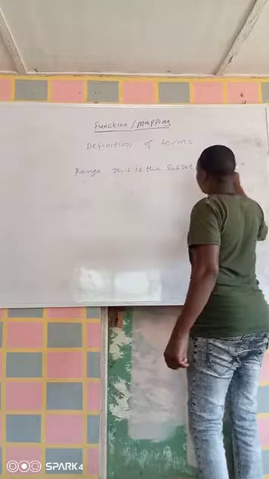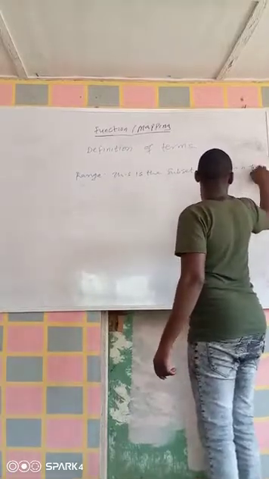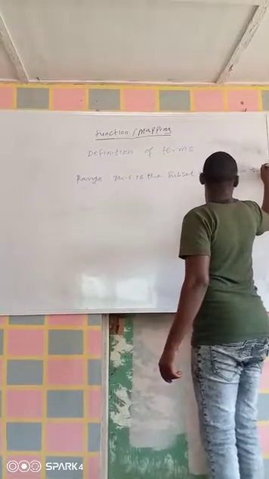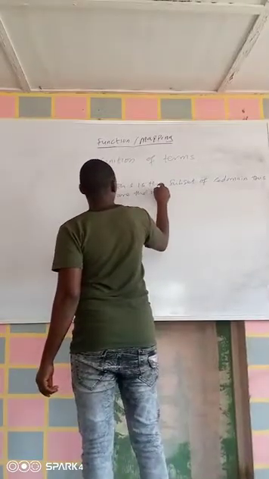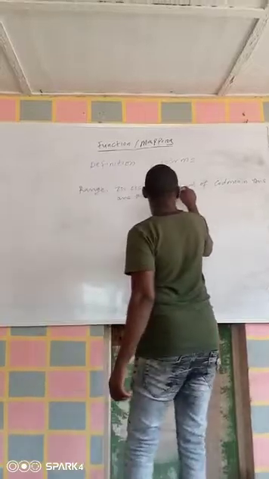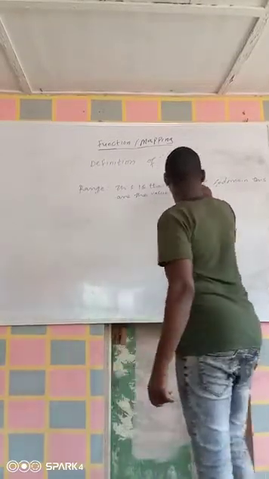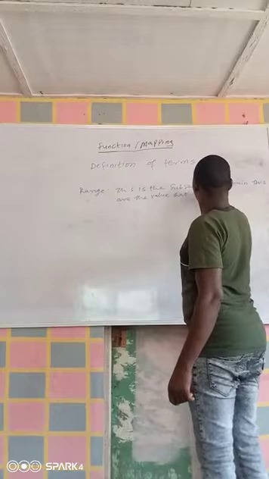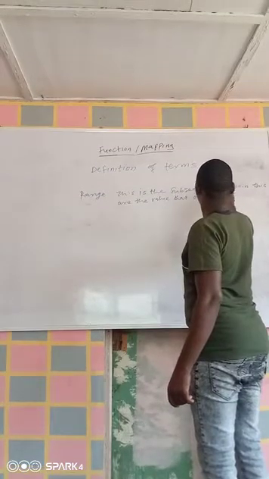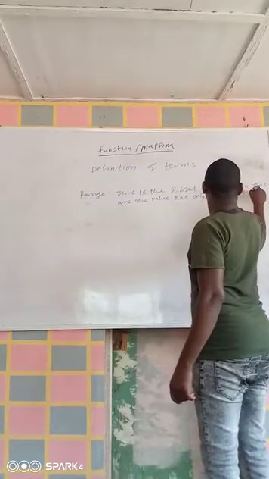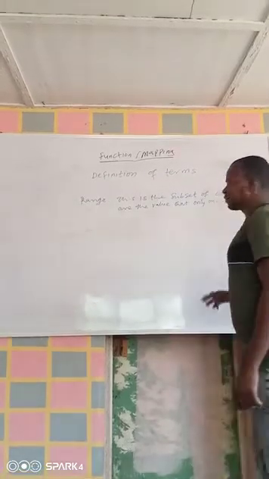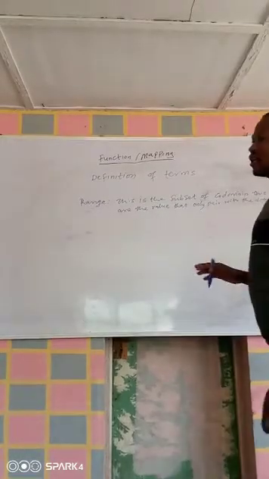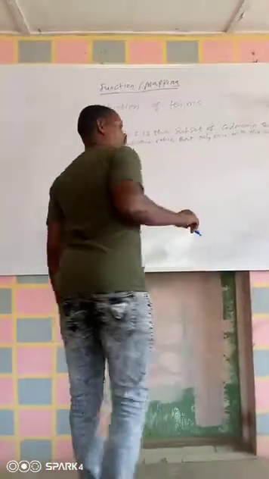Or we can say that these are the values that only pair with the domain. So the value that is able to pair with the domain is a range. So we can use an arrow diagram